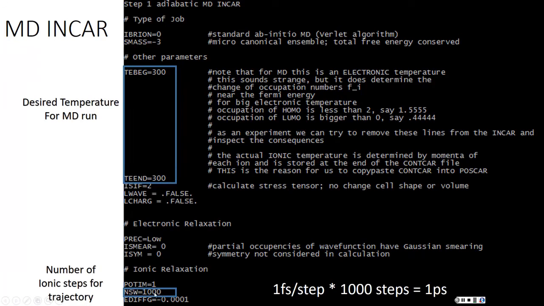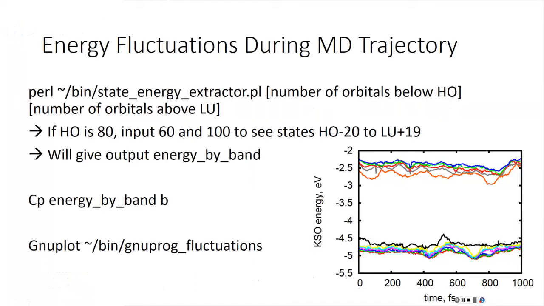So we set it to 1,000 because the way that it's set up here, the POTIM is at 1, so that indicates 1 femtosecond per ionic step. So then we do 1,000 steps, that gives us 1 picosecond. So if this POTIM was a half, you'd have to do 2,000. So there's an interplay between those that you have to keep an eye on as you're doing your MD. So you set that up, and then you run your job for a week or a month,